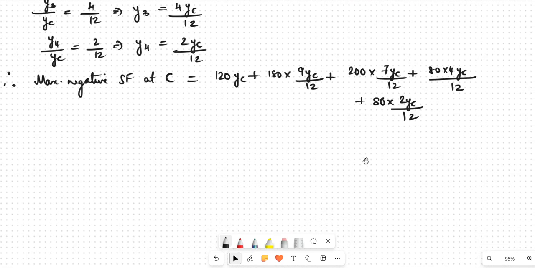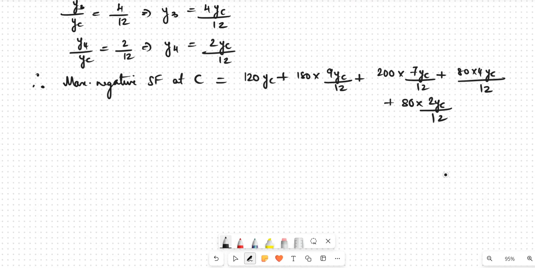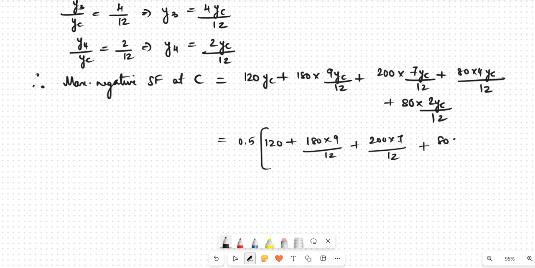Now let us simplify this, taking yc outside. So you will get 0.5 into 120 plus 180 into 9 by 12 plus 200 into 7 by 12 plus 80 into 4 by 12 plus 80 into 2 by 12, which gives a final answer